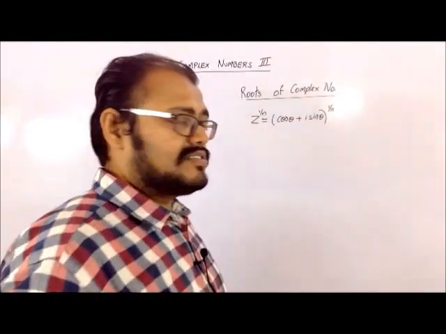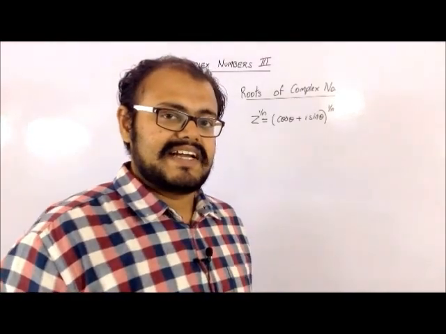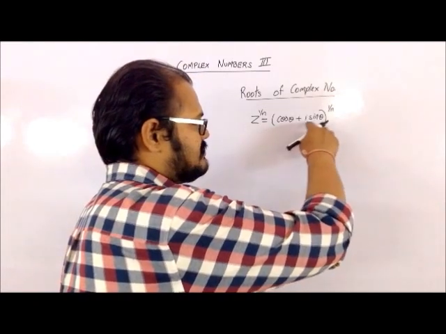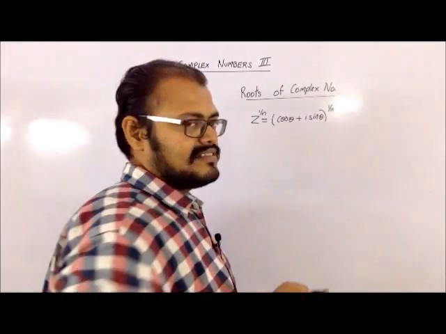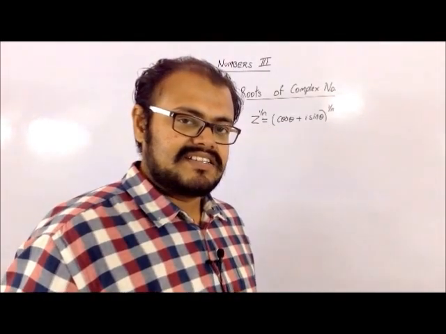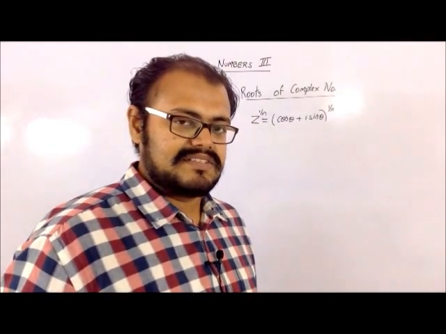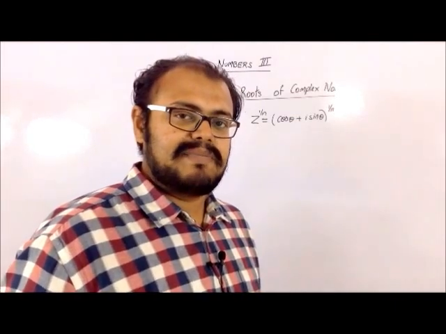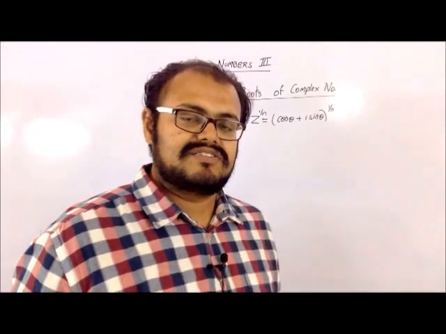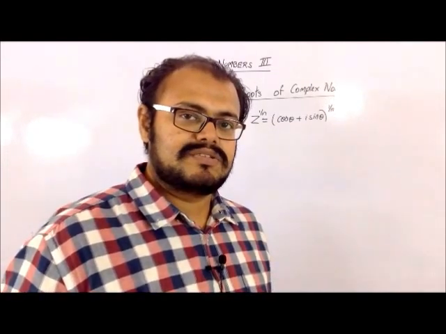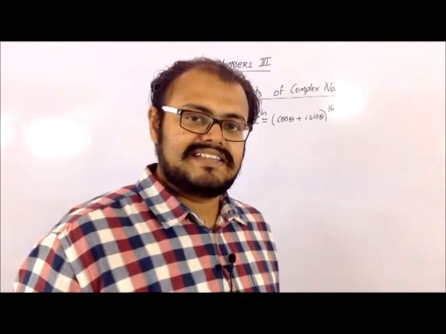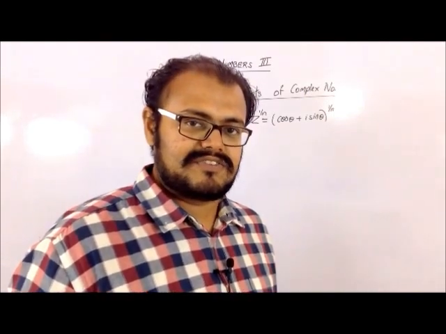Now please don't apply De Moivre's theorem directly over here by writing it as cos theta by n plus i sin theta by n, because you have to know that when you are finding an nth root of any number, then you should get that many roots. Like if you are having a square root, you always get 2 values from it. If you are taking cube root, then you should get 3 values from it. So if you are taking the nth root, you should get n values from it.